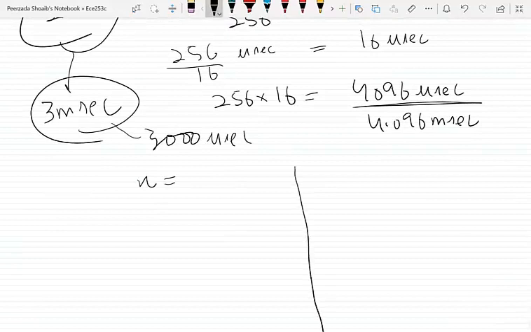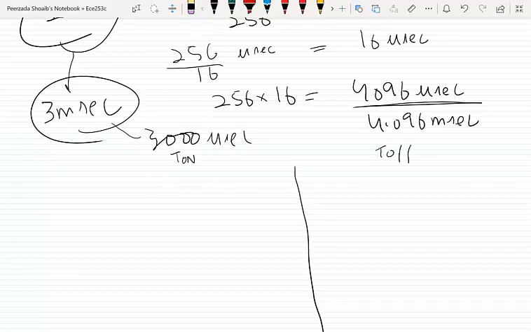So I have to get 2 different numbers. So n will be, for the on period and off period, since I need 1000 microseconds here and 3000 microseconds here,